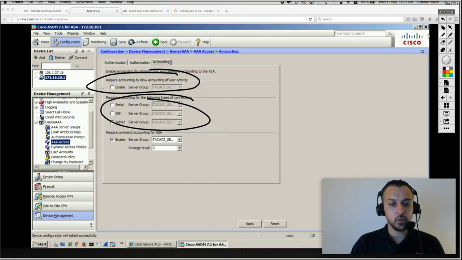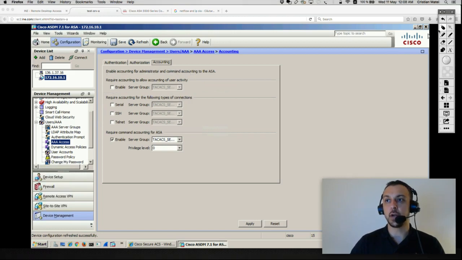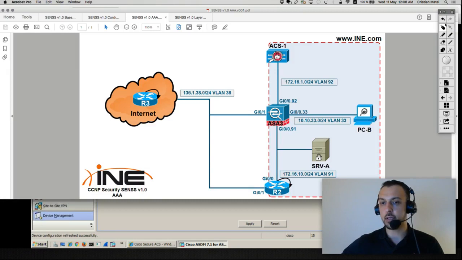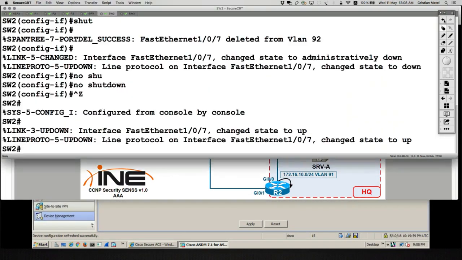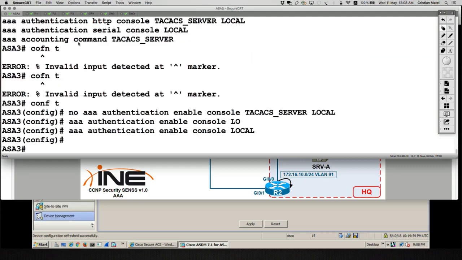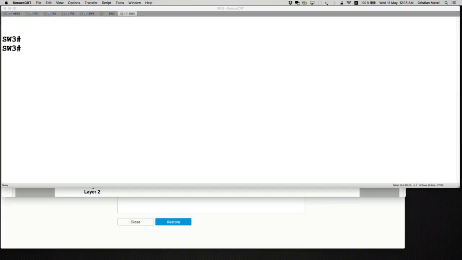Another question from Matthew. So when you log on, you have privilege level 15. Then when you have privilege level 15 on ASA, I mean, when you SSH, you were at privilege level 15, then you also had to enable privilege level 15. Okay, let me reiterate what happens in here. And let me go to the CLI part, because we saw that initially, but let me reconfirm that with you from the CLI part. So the question from Matthew was,